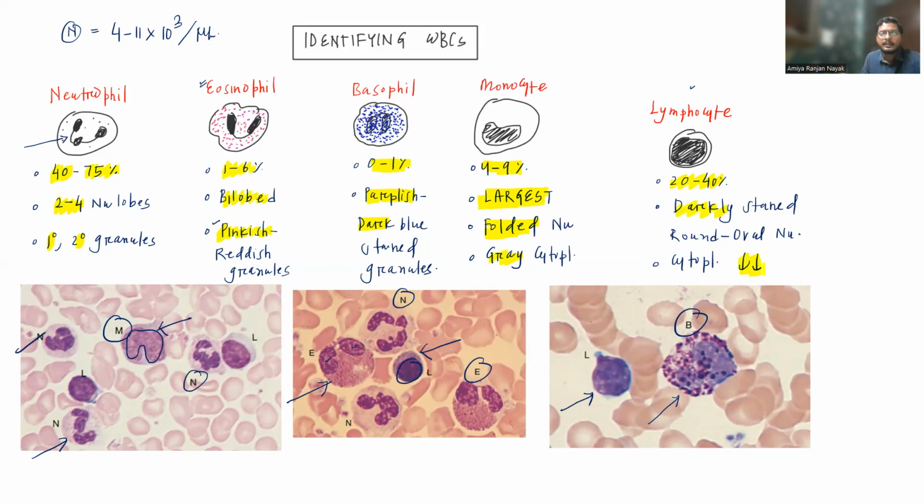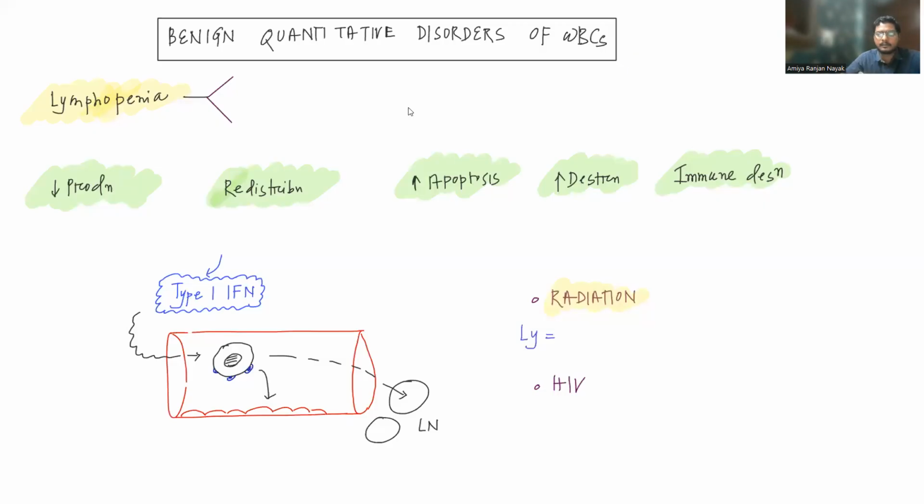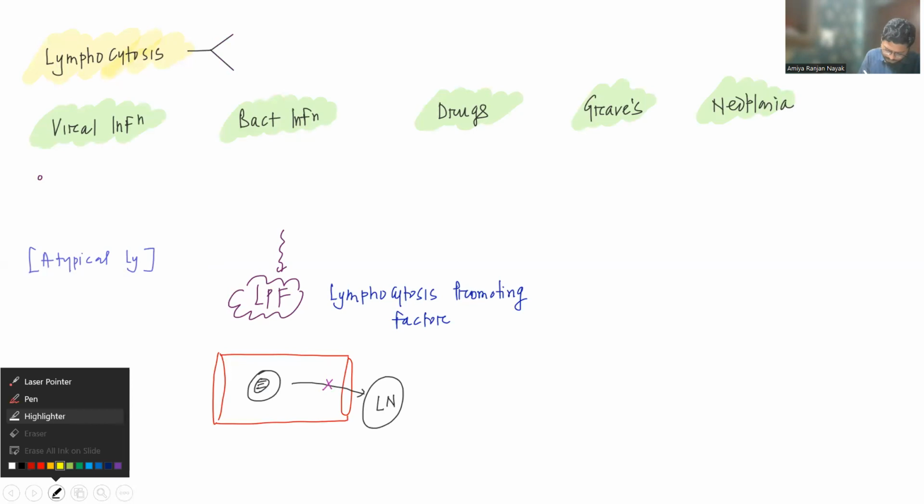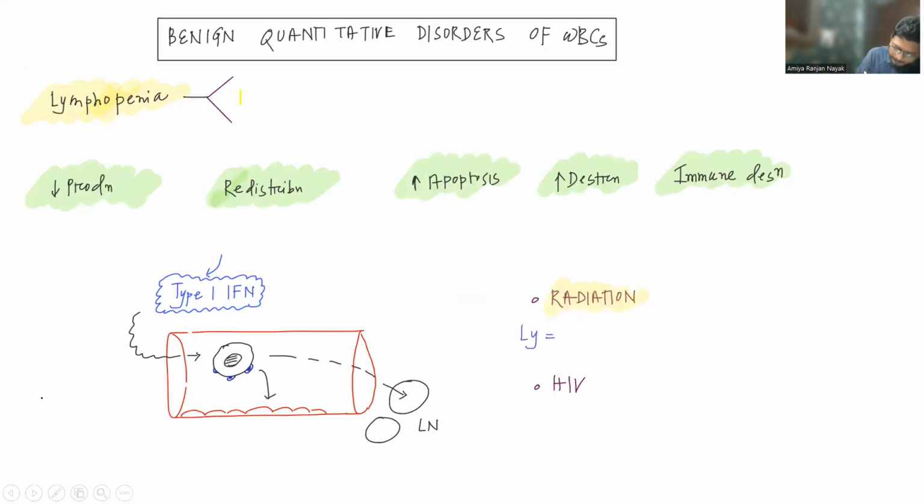So this is about the basics. Now we'll discuss the quantitative disorders involving various cells. First, we'll start with the lymphocytes. First one is lymphopenia. So how do we define lymphopenia? For lymphopenia, we see the absolute lymphocyte count. If it is less than 1500 per microliter for adults, it is defined as lymphopenia,